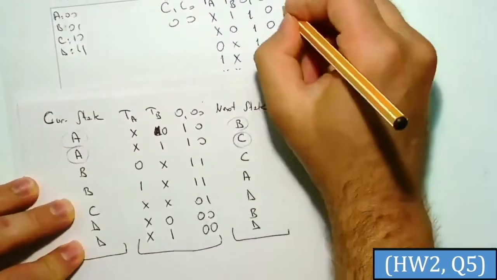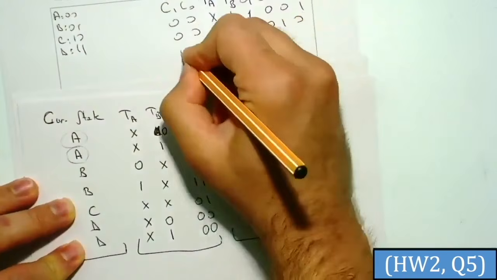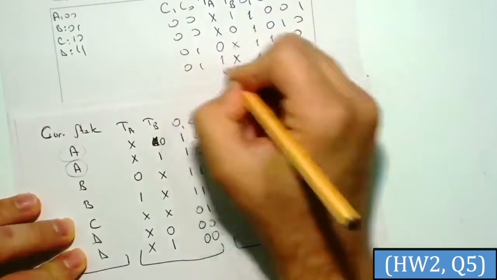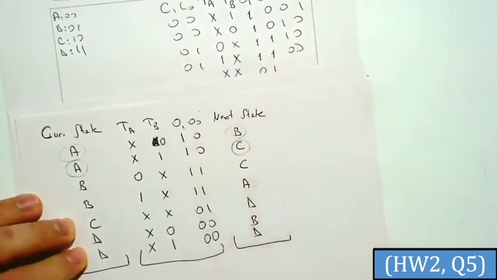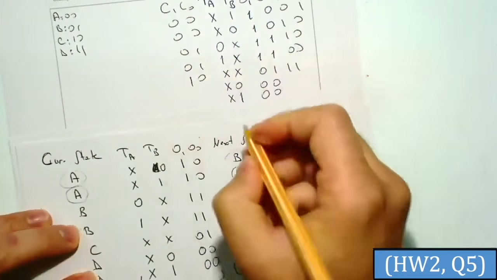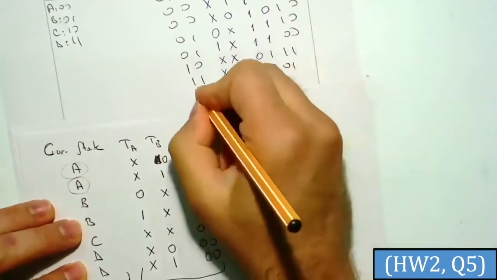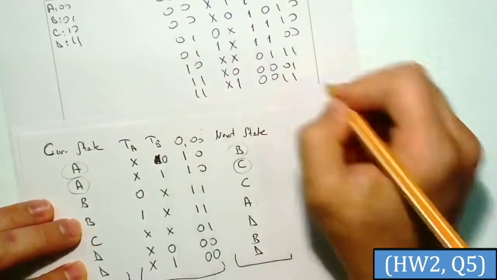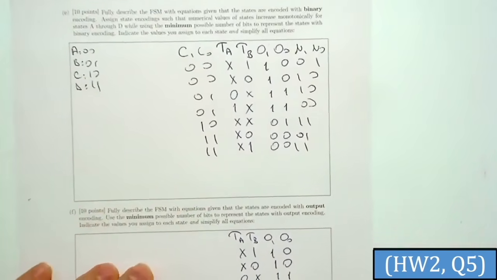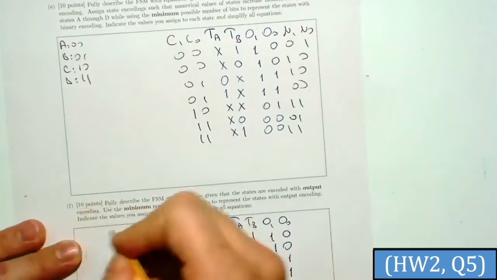For 0, 0, I have 0, 1; 0, 0, I have 1, 0; 0, 1, I have again 1, 0; 0, 1, I have 0, 0. For 1, 0, I have 1, 1. For 1, 1, I have 0, 1. And again for 1, 1, I have 1, 1. So this will be the truth table to represent states in a binary encoding. And so yeah, let's write the